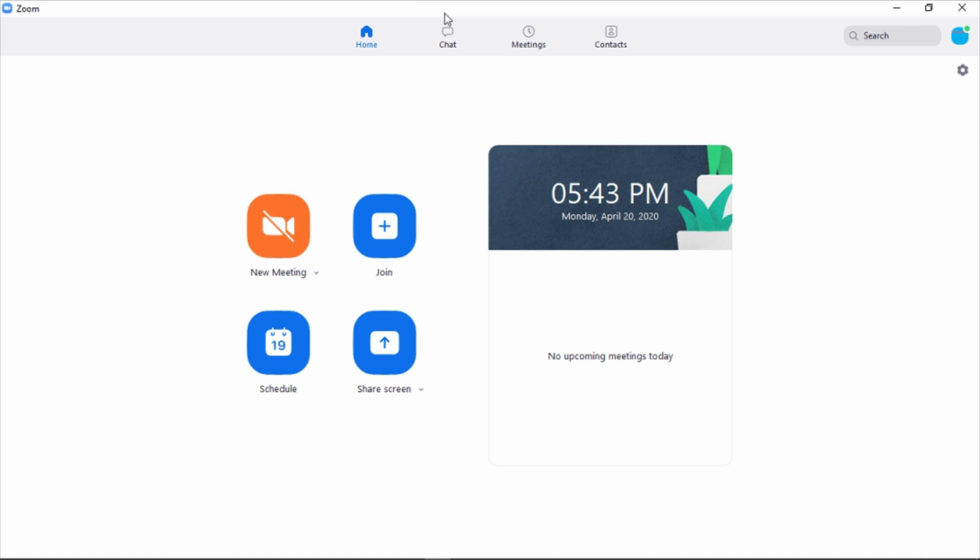Laptop right now. So this is the interface for laptop. So here you can see join meeting, new meeting, schedule, share screen. So share screen is not having any use right here, but okay, if it is there we can't do anything. So first of all we can schedule a meeting to any date, anytime. We can just create a new meeting. So schedule meeting means we can schedule it for any time. New meeting, it will create a meeting now only, the same second.